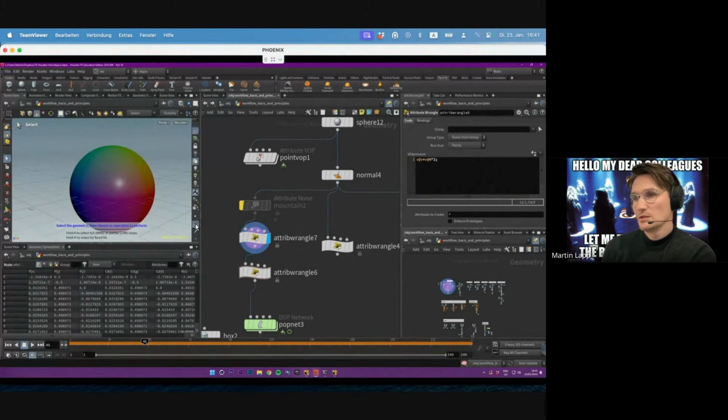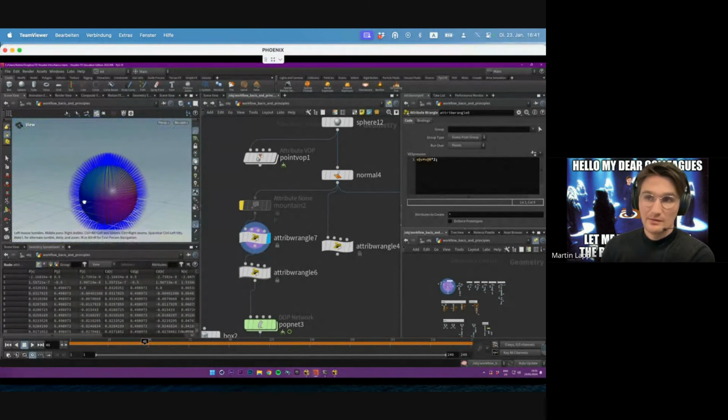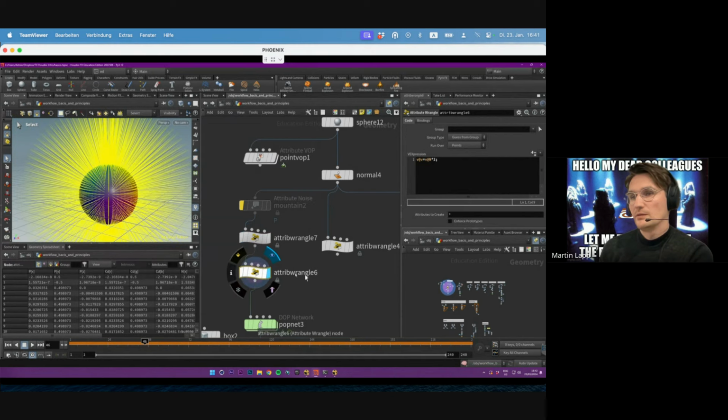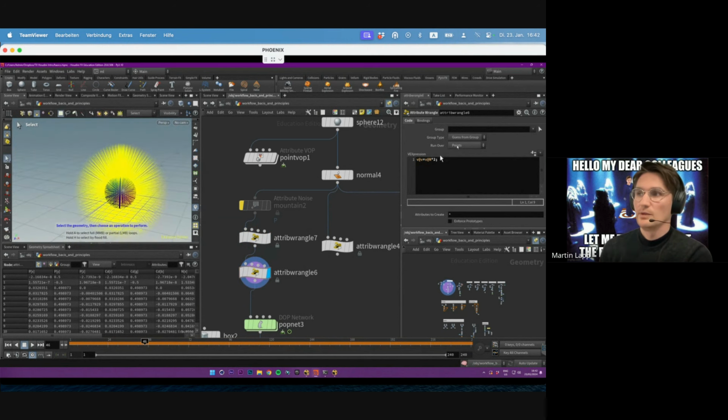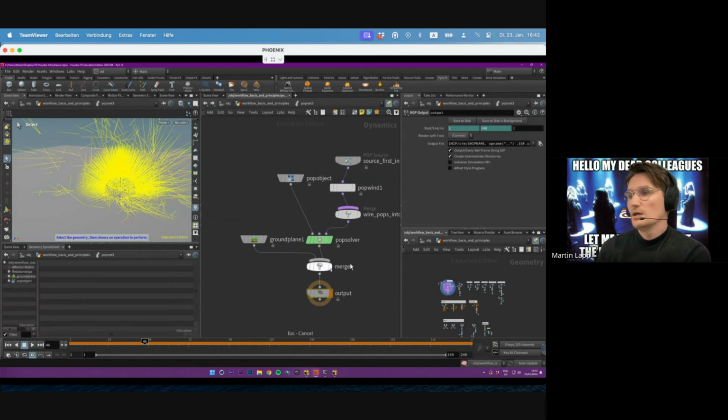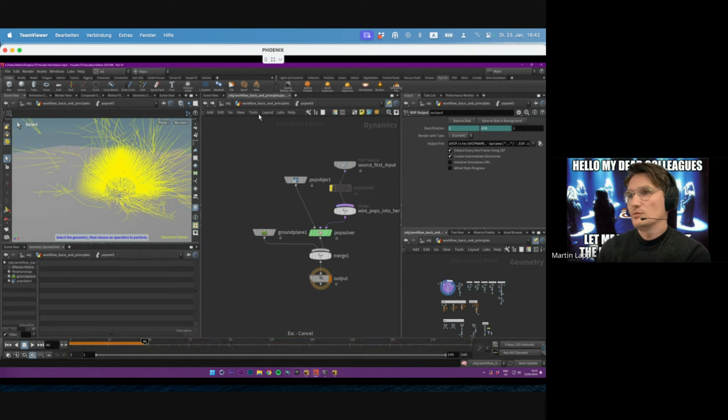So they're always pointing out, perpendicular to each face, and I use this as a velocity vector. So my velocities are actually looking like this now. They're basically 2 times the normal, which, if I make this 1 time the normal, they have the same length, but 2 times the normal, they just have a bit more force. And if I now put this into a pop solver